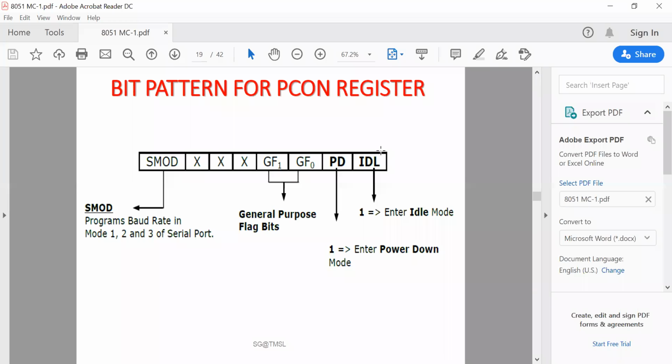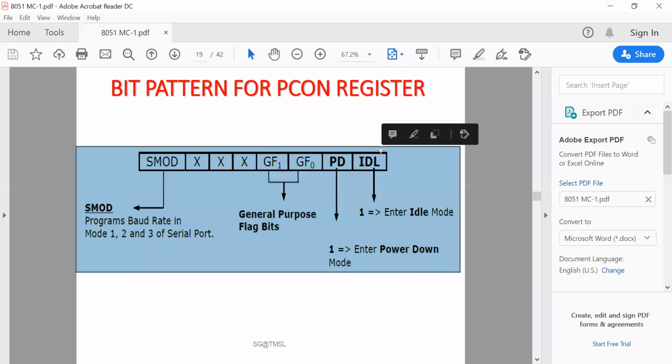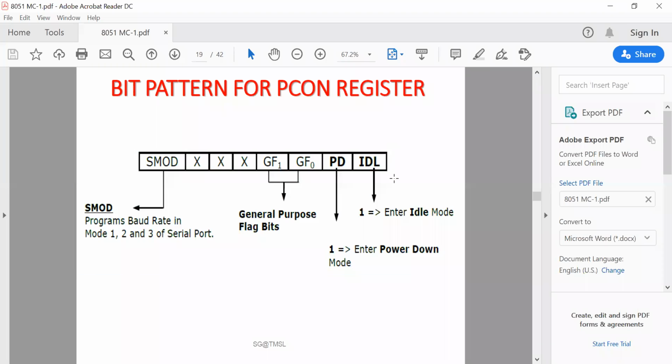It is not bit addressable, it is byte addressable, so it has a specific address to operate. Here the lowest bit, D0, is for idle mode operation. If it is 1, it goes into idle mode.